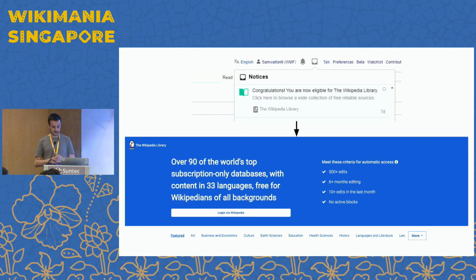When you cross that threshold for access, you'll get a notification on Wikipedia. It looks like this. It says, congratulations, you're now eligible for the Wikipedia Library. And if you click it, it will take you straight through to that URL that I showed you before. So you'll end up on this homepage, which has the criteria, has a brief description of the library, and then